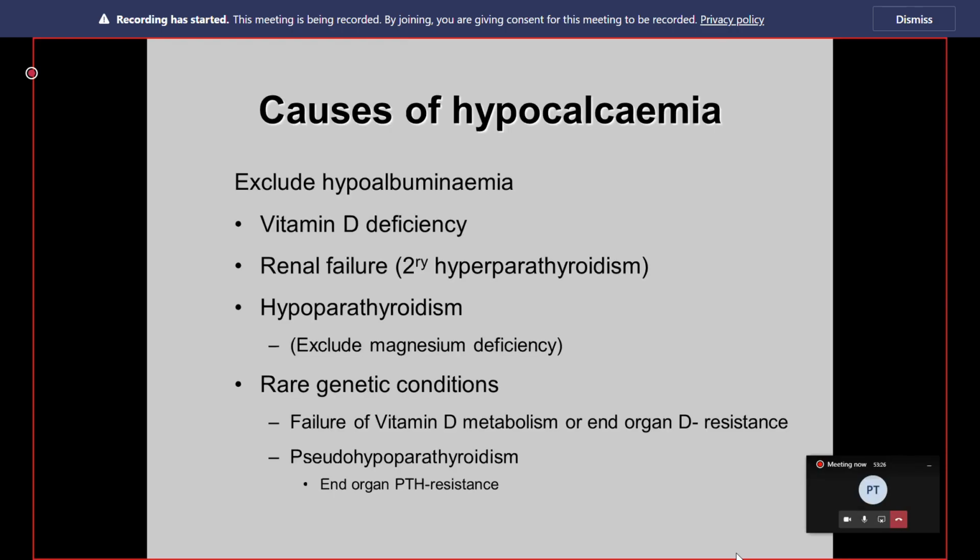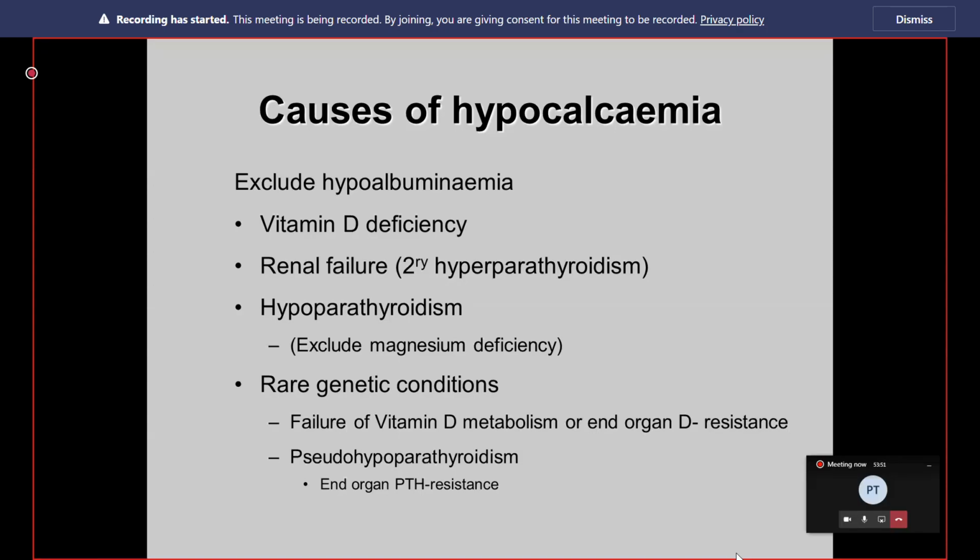I'll move on to hypocalcemia. Causes of hypocalcemia. Obviously, you have to exclude hypoalbuminemia as a cause of a low total calcium. Vitamin D deficiency, obviously, and renal failure. Chronic renal failure is the commonest cause of hypocalcemia in our hospital population. Hypoparathyroidism,